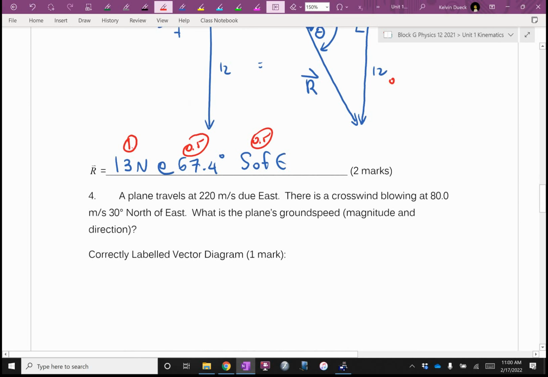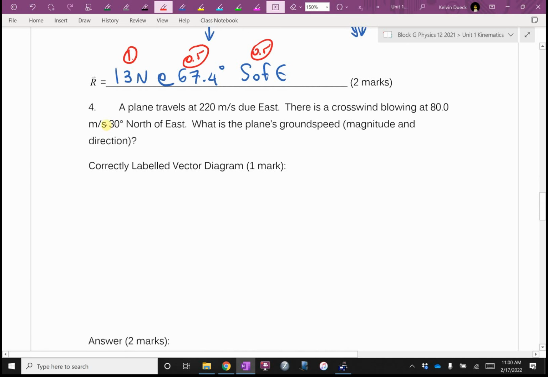Oh, number 4 has some teeth. I could tell just at a glance because I saw east and then an angle. This is a non-right angle triangle. I need to draw a compass rose because I've scrolled down. It says, what's the plane's ground speed? I think we're going to be using this concept: engine speed plus wind speed